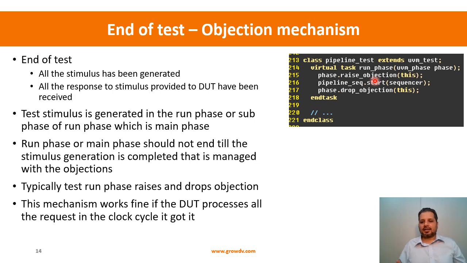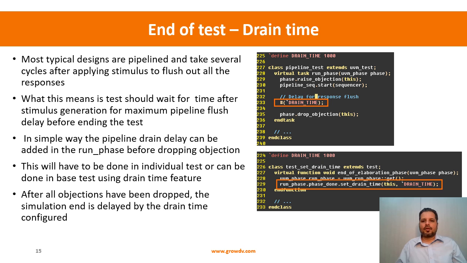How do I do that? That is the next problem. Let's look at how we address that. One way that we can do is, let's say we figure out what is the total time required to drain out all the responses out of DUT for the stimulus provided, and let's say we come up with some number. I've just used, let's say, a backtick-defined drain time as 1000, and if I extend the same test, what I can do is I will say pipeline sequence dot start,